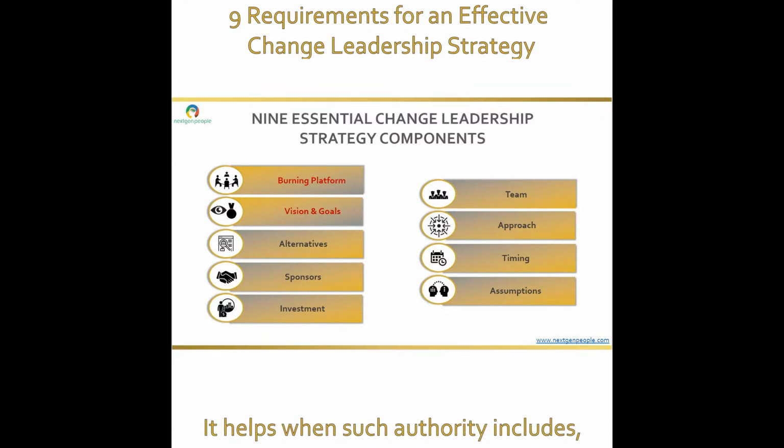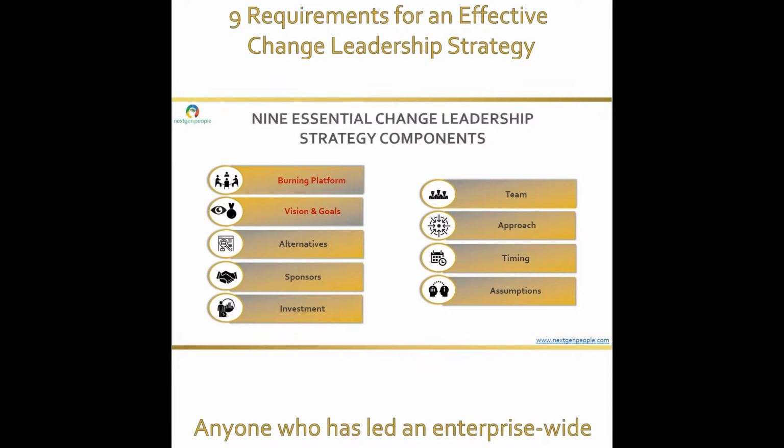Such important authority often includes positioning authority, like a COO, for example, financial authority, like a CFO, or a leader with a significant P&L to support. In this sense, the people respect different elements of authority, and that will help to gain the support that is needed, especially from SMEs throughout the organization, and to buy the right resources that will be needed. The presence of the right sponsors in a change effort can and often will make or break the success of a change. Number 5 in change leadership strategies is that the potential investment is very clear.